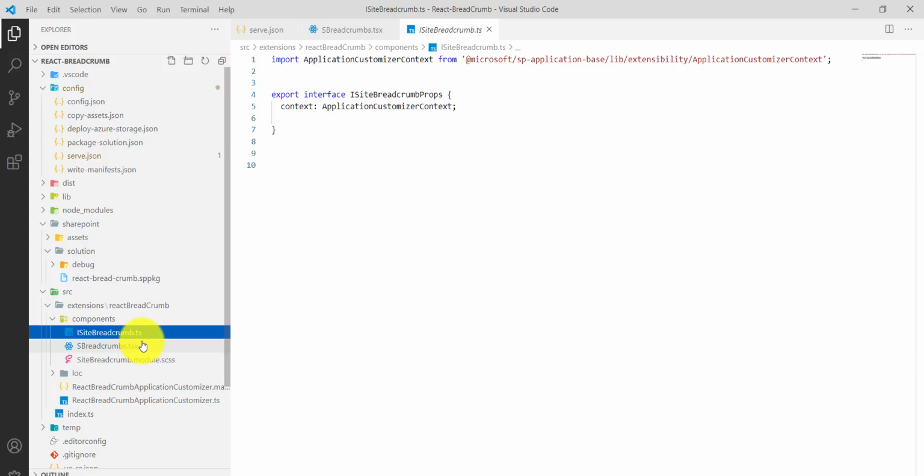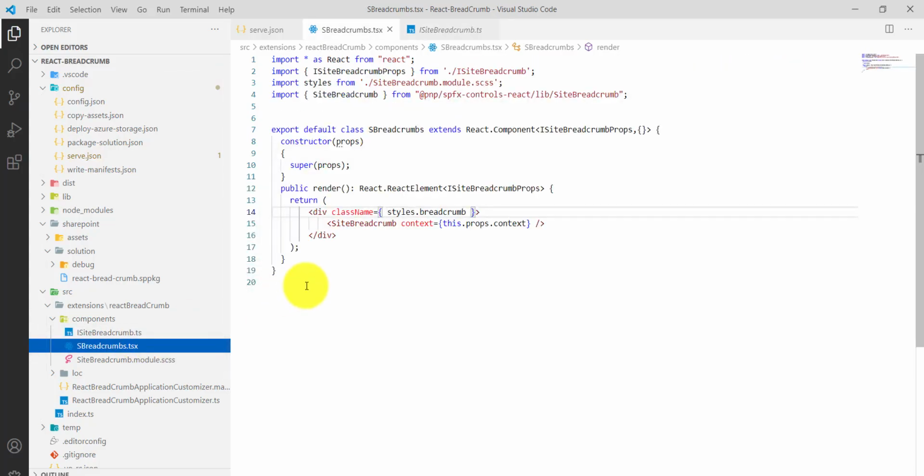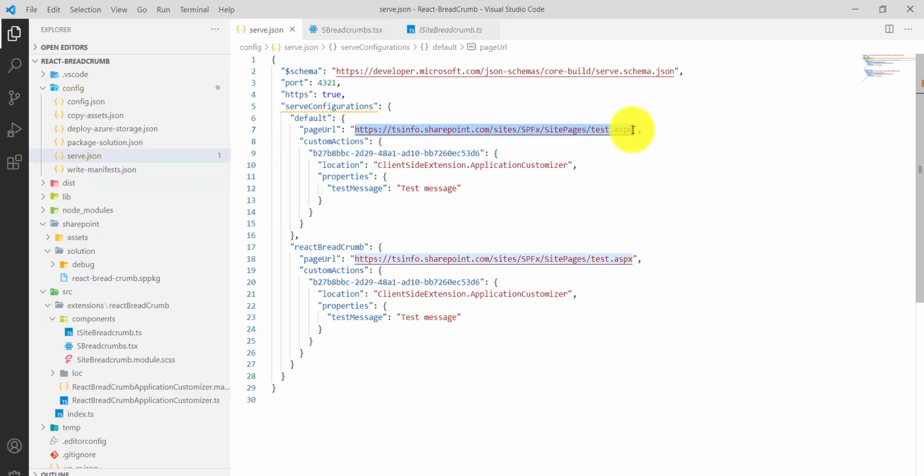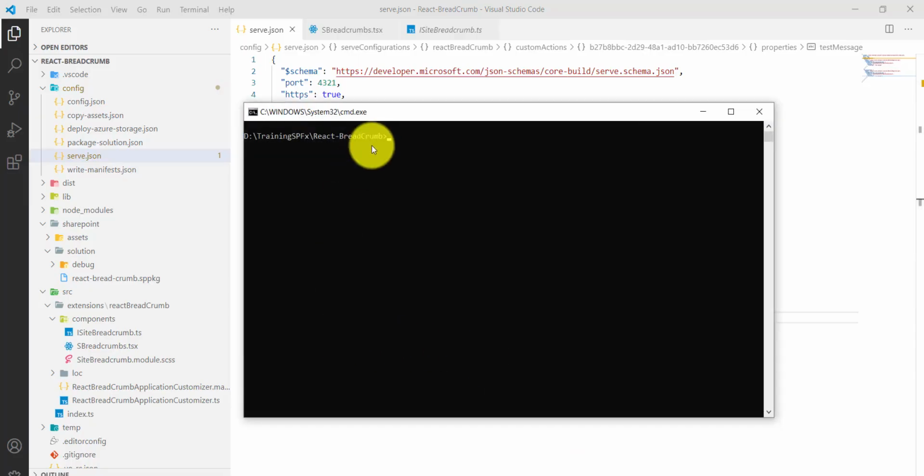Since this is about how to display the breadcrumb in an application customizer, for the application customizer we need to provide a page URL where you want this to appear. For example, in this case, I have added a test page here from my Office 365 site. You can see here this SPFx is a modern site, and I have created a modern web part page here. Now on this we can run our gulp serve, so it will open that page and you can see the functionality there. So I will run gulp serve,